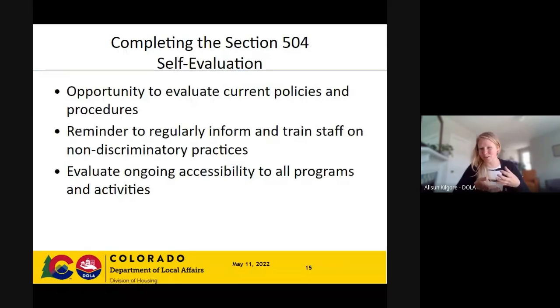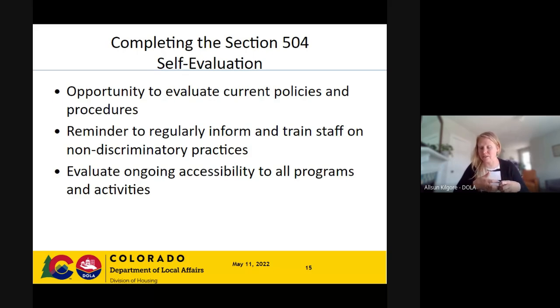It's required when you're working with one of our devos on a new project, but it can also be really helpful to do every couple of years during this, I love to call it the spring cleaning period, where you can go through all of your large documents, your management plans, your tenant selection plans, your marketing plans, and Section 504 self-evaluation to really see what your blind spots might be. And especially if you've had staff turnover,